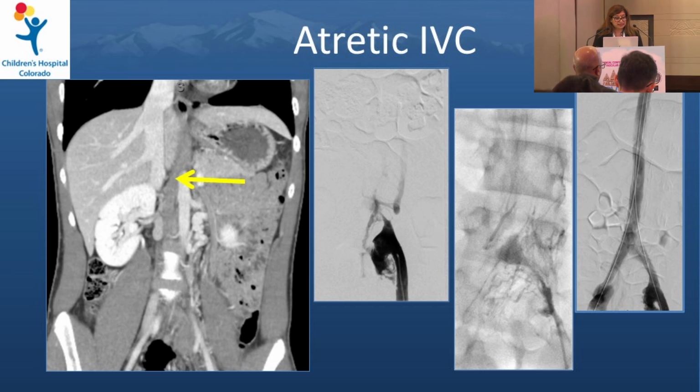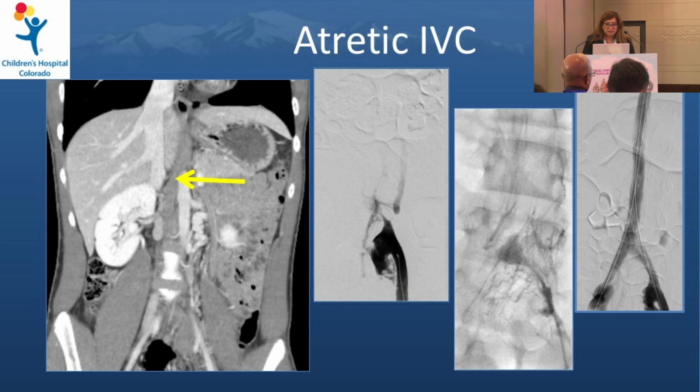Now, there are also patients that have an atretic IVC, and atretic IVC is a little more complicated than that. And this is the patient that didn't have any infrarenal IVC, and actually including the renals. Most of those renals drained through collateral vessels. And so when you have an atretic IVC, yes, you can sometimes open this up, and in those cases where the patient is not well compensated, I would advocate to actually open that up. But that is something to kind of keep an eye out for.